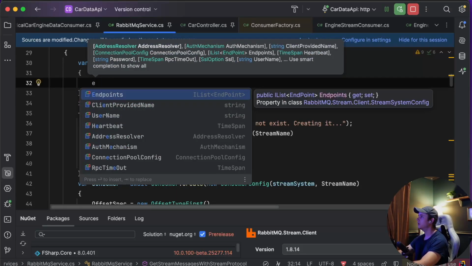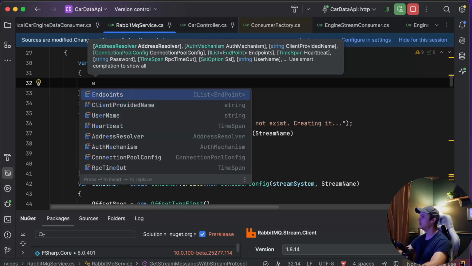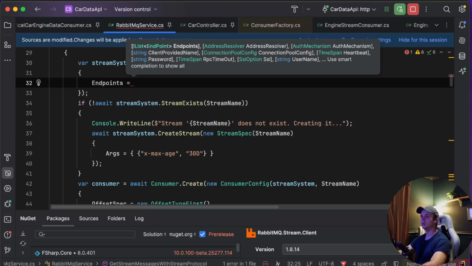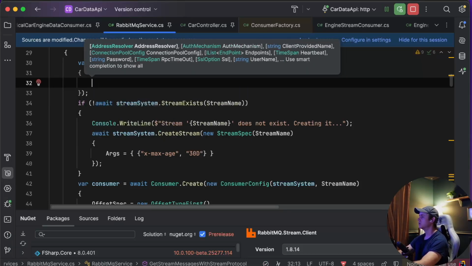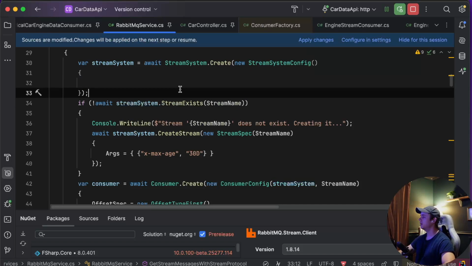You'll need to provide a list, like you get username, endpoints, and there's some other things too. It looks like there's an RPC timeout, but endpoints, you'll definitely need to specify where you need to connect to, as well as the password and username. So there's some nuances to this, but if you're connecting locally, you don't have to specify